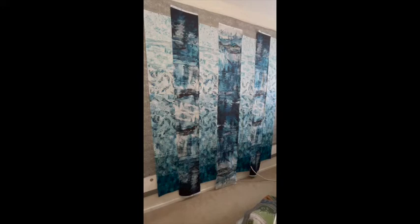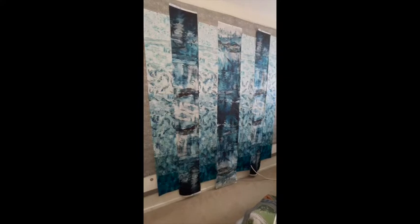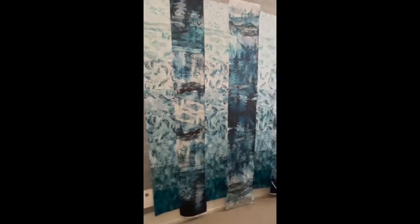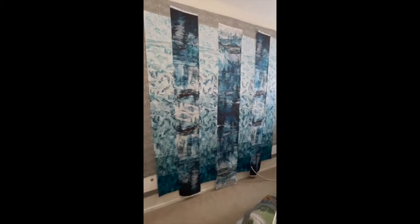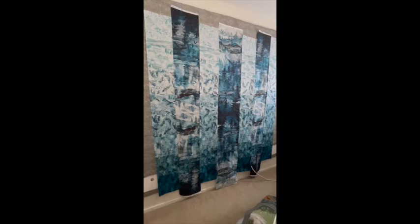I am just going to zoom in real quick again before I sew these together and show you this gorgeous fabric. Sorry if the camera moves. Look at it, it's so pretty. It's just so gorgeous. So I'm going to sew these together and then I will square it up,